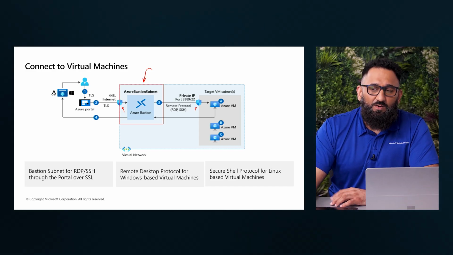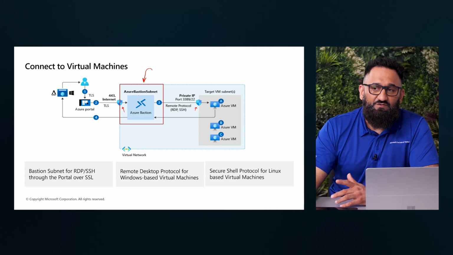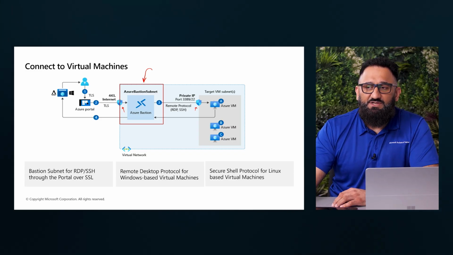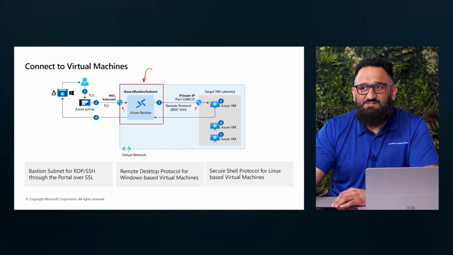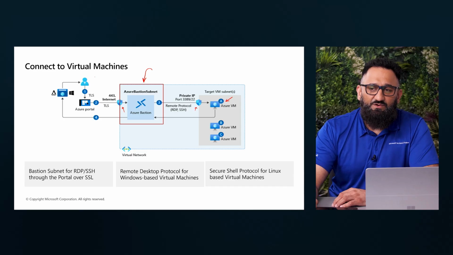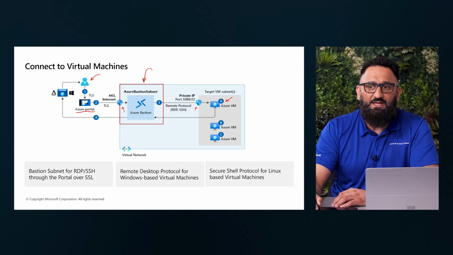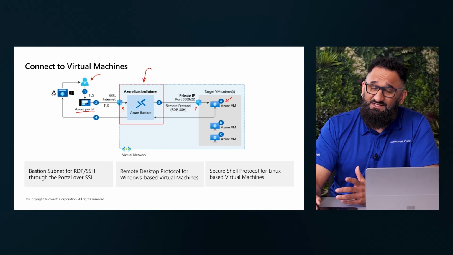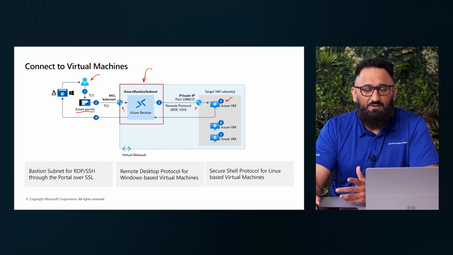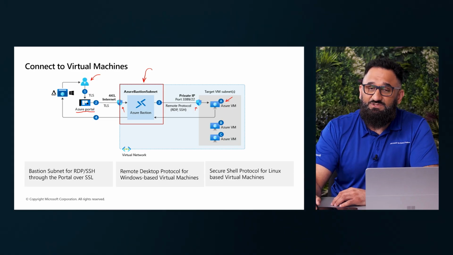Now, how does it work once I've enabled this feature and configured it? I have virtual machines; in this case, I have three: A, B, and C. If I'm trying to connect to virtual machine A in the setup, typically the user will have to log into the Azure portal. That's the way you'll have to connect to it. While doing that, you have to authenticate yourself to Entra and log into the portal securely. So it's a secure connection that you start off with.